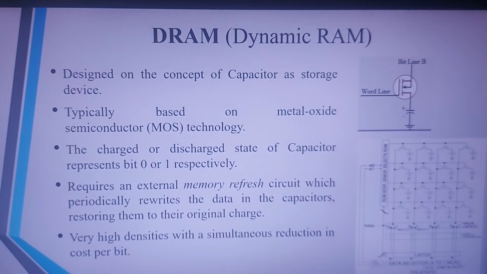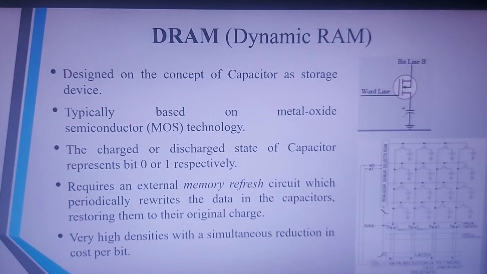So we need a separate circuit for refreshing these memories. Again, we have a circuit for decoding the given address and selecting a particular word line, and when the word line is selected, then a particular column will be read from the data select. You can see a data selector and a latch. At the bottom we can see a latch and a data selector, and on the vertical side we can see